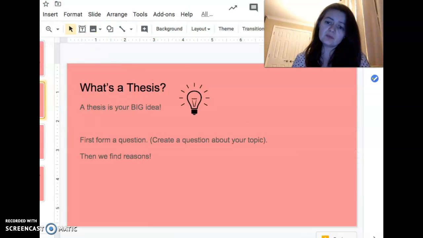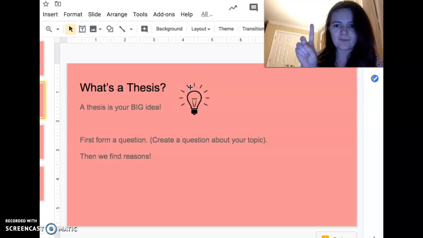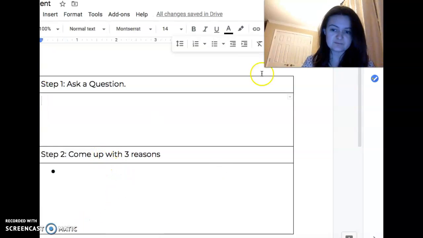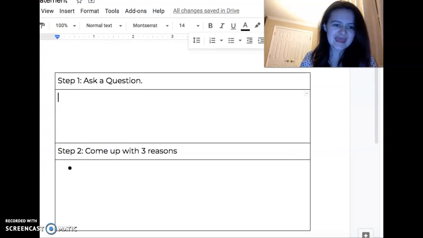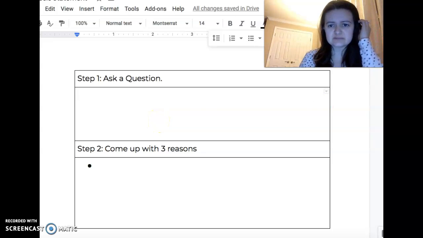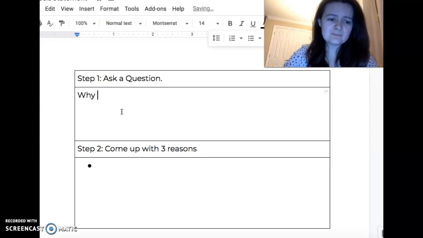Okay, now we take those feelings and we first, number one, we form a question. All right, and we are going to create a question about our topic. Okay, and I have this great graphic organizer for you right in front of you, and we have the step one here, and it says ask a question. And looking through my notes, I'm noticing that I'm feeling anxious, so maybe my question is, why am I